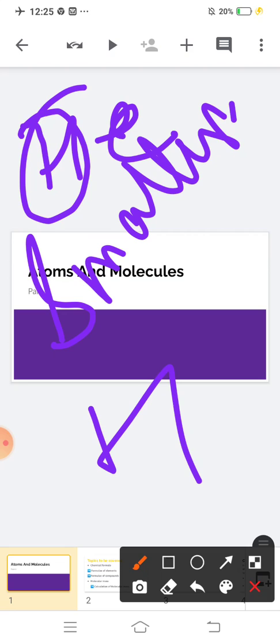Is this clear? What do you mean by molecules now? A molecule is an electrically neutral group of two or more atoms which are chemically bonded together. Clear? Now, you can say there are two types of molecules. Number one, molecules of elements, and number two, molecules of compounds. Molecules of elements are those in which the atoms are the same. The molecule of a compound contains two or more different types of elements combined together. If different types of atoms are combined together, then it is known as a molecule of a compound.